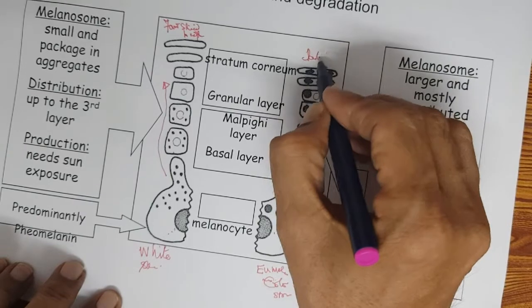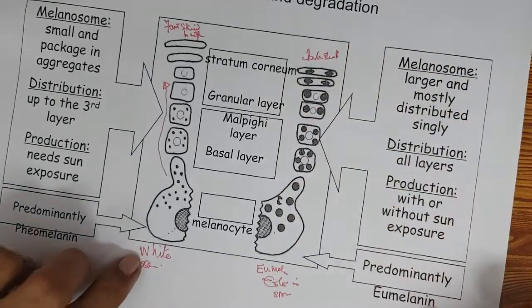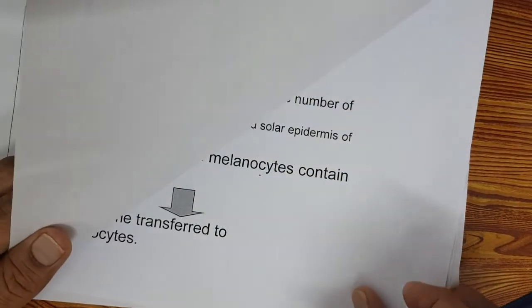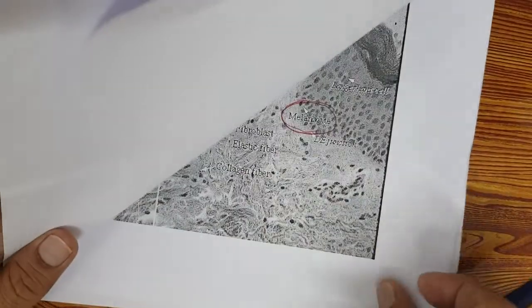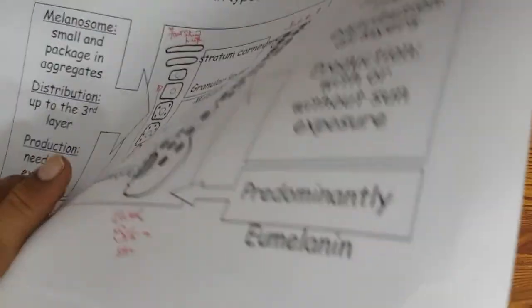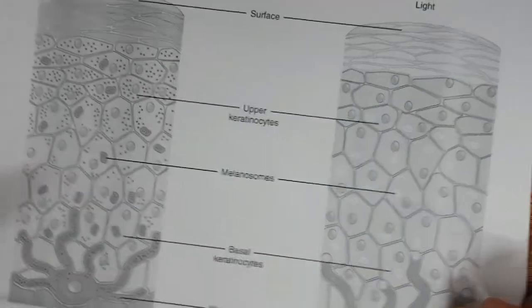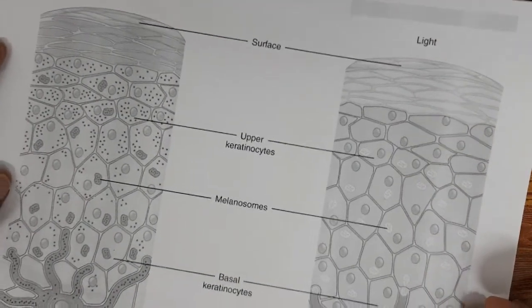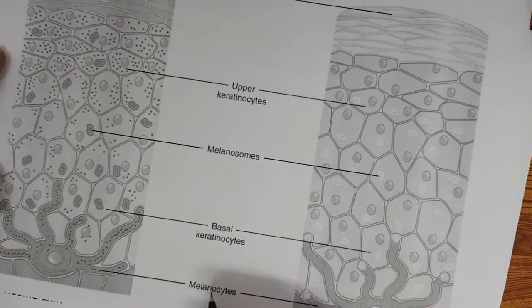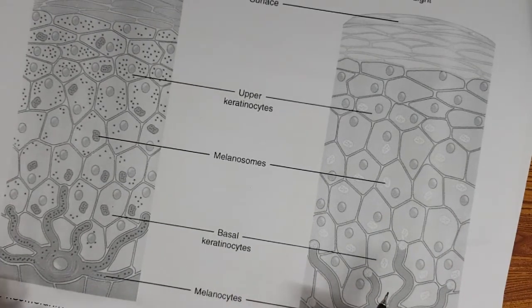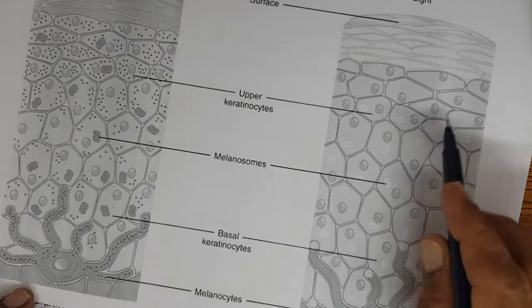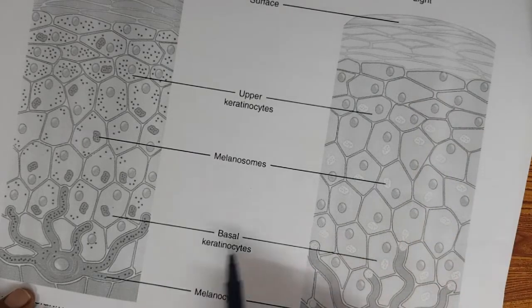This is dark skinned people. See, in other way, you can picturize this. I will show you the other picture. See here. Okay, could see this picture very well. So, here, this is melanocytes. Okay, and these are all the basal layers. See, eumelanin. It gets degraded, it's not seen at all.